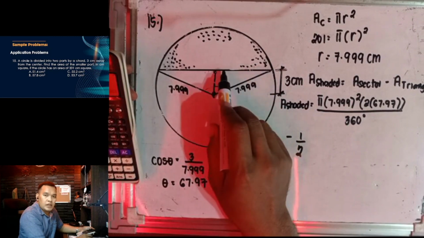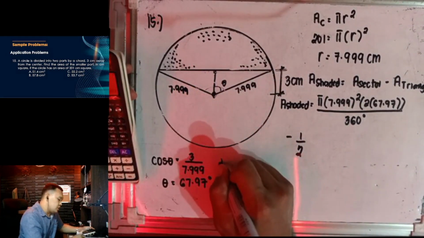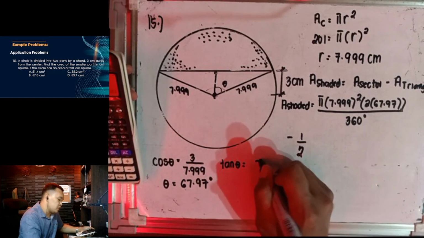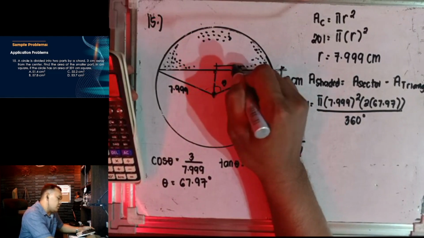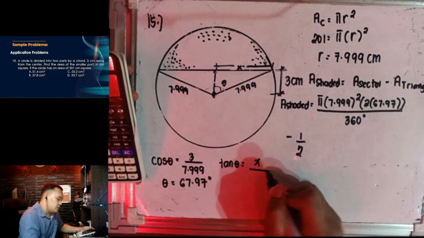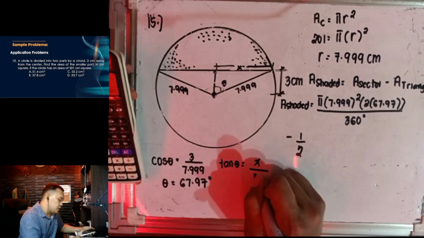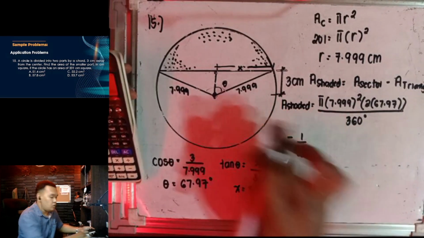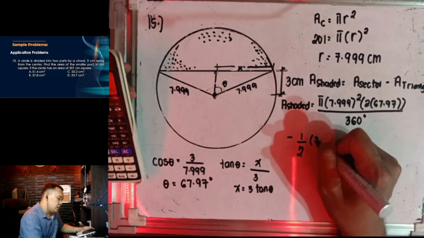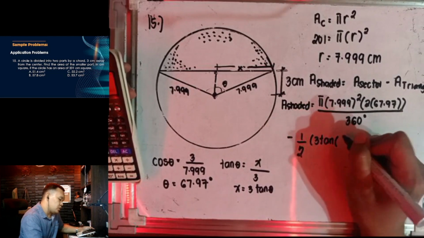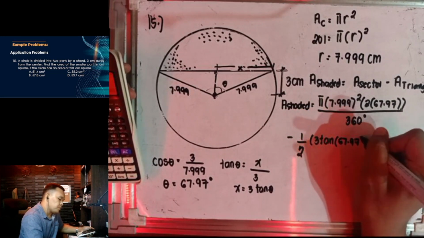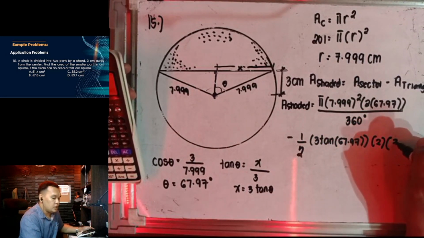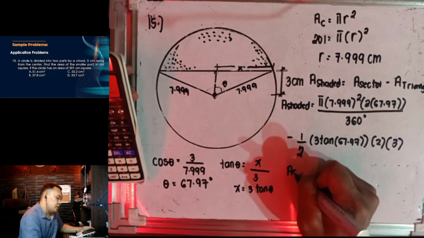To get that base, is it tangent theta? So, tangent theta is opposite over adjacent. So let's say x is the top part, over the adjacent side which is 3. So, x is equivalent to 3 tangent theta. Then, times 2 to get the whole length. So, we could say that 3 tangent theta, which is the value of 67.97, times 2, times the height which is 3 centimeter. So, area shaded is equivalent to